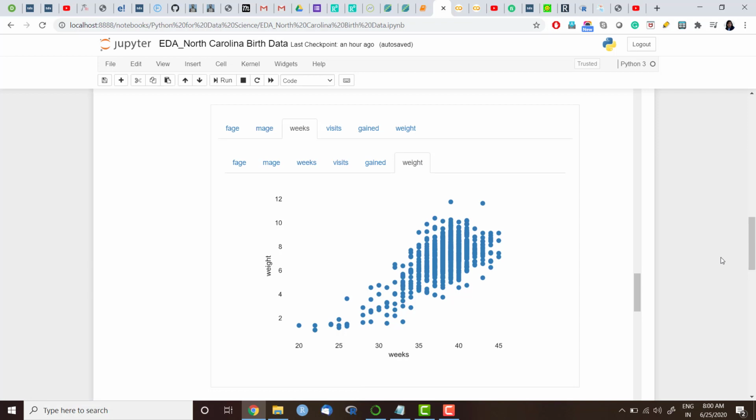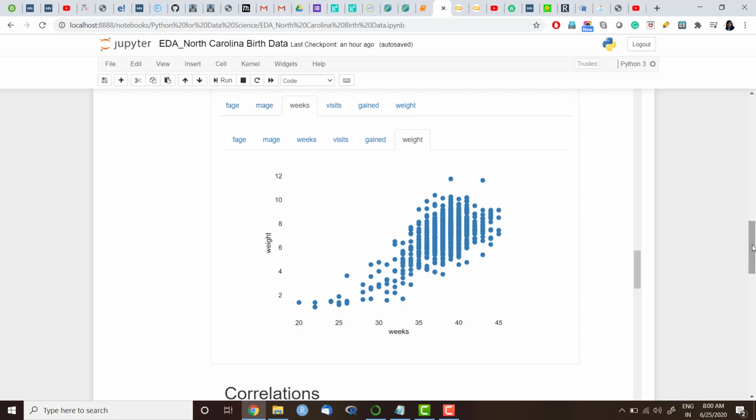So here we assume also the baby's weight keeps on increasing as the mother's weeks of pregnancy increase. So we see here the baby's weight when the mother's weeks of pregnancy are 20, 25, 30, 35, 45, it's increasing. It's not a linear pattern, but it's a monotonic pattern. So you see a correlation between this.